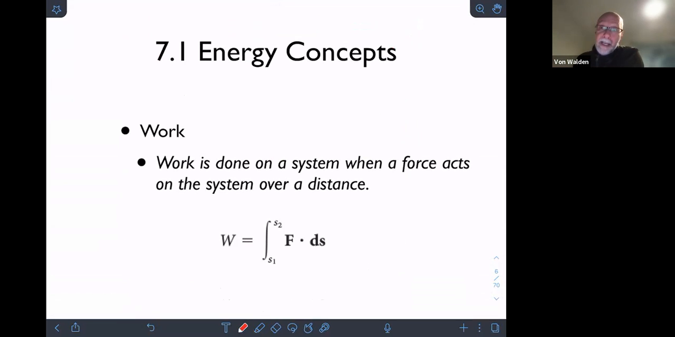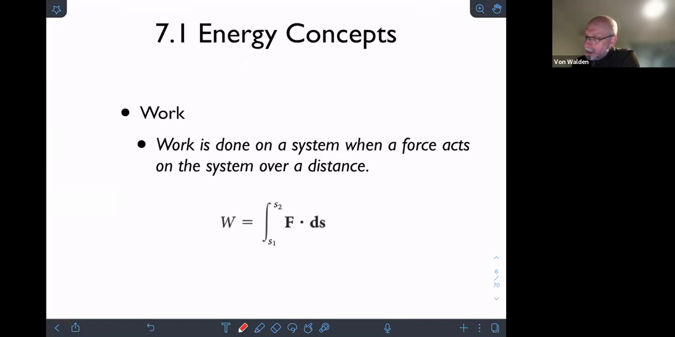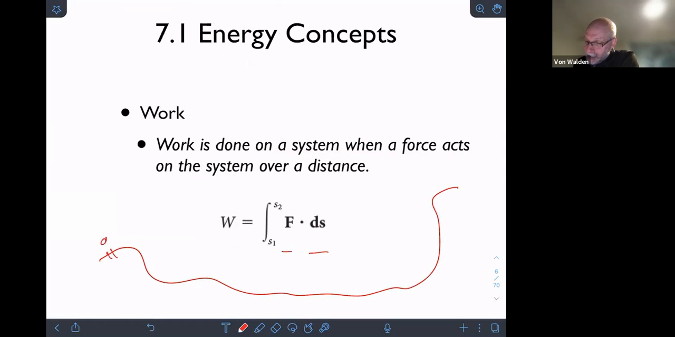So work is a form of energy, and work is done on a system when a force acts on the system over a given distance. So work just becomes basically force times distance. But if you have a complicated path upon which a force is acting, you need to take a little element of that path, and you need to integrate the force along it. So at any given place, it's going to be F dot ds, and you need to integrate from S1 to S2 along that path to understand